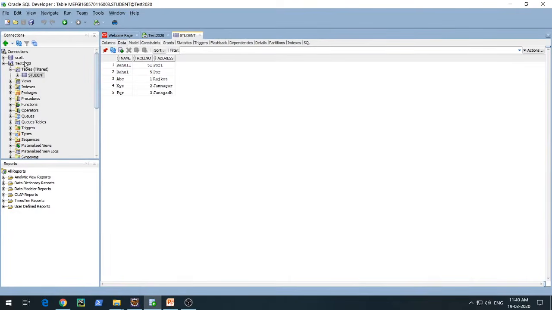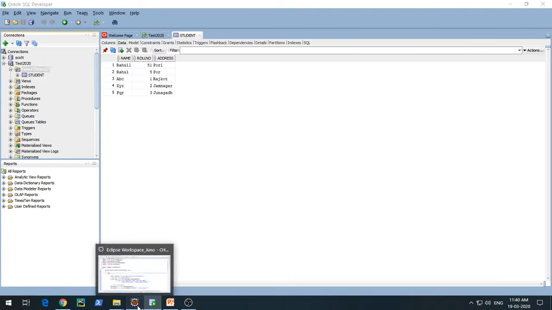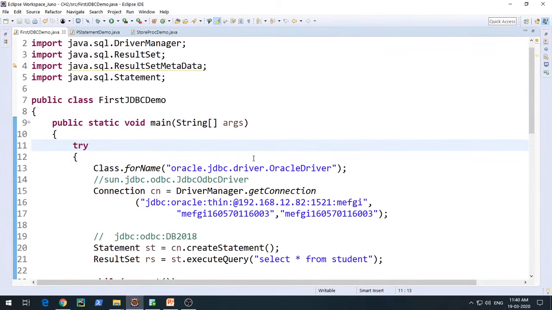This is our SQL Developer, using which you can connect to the table. It may be possible that you are at home and not able to connect with this particular IP address. So you can download SQL Developer or any other database that you can use as your backend, which will interact with your Java application. And if you look at this particular program,